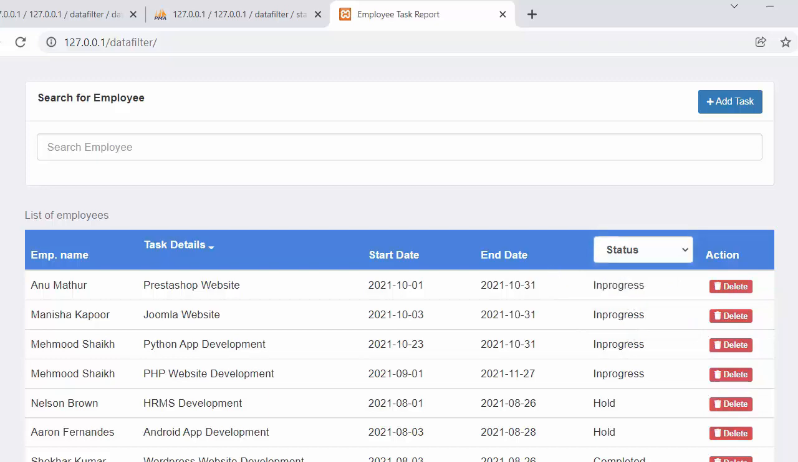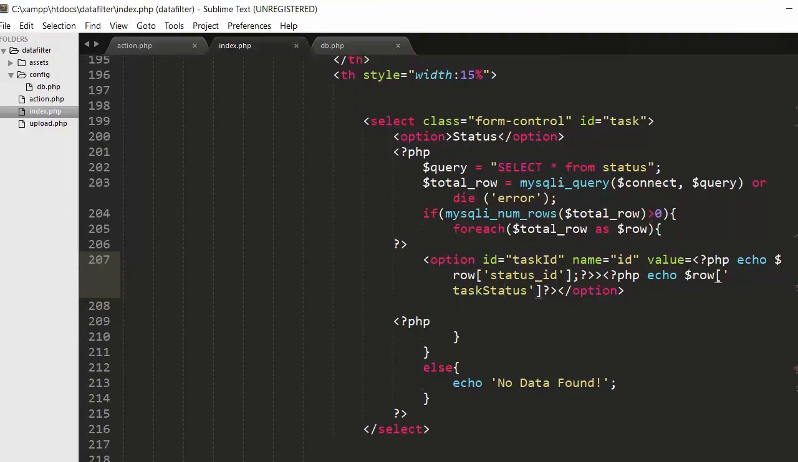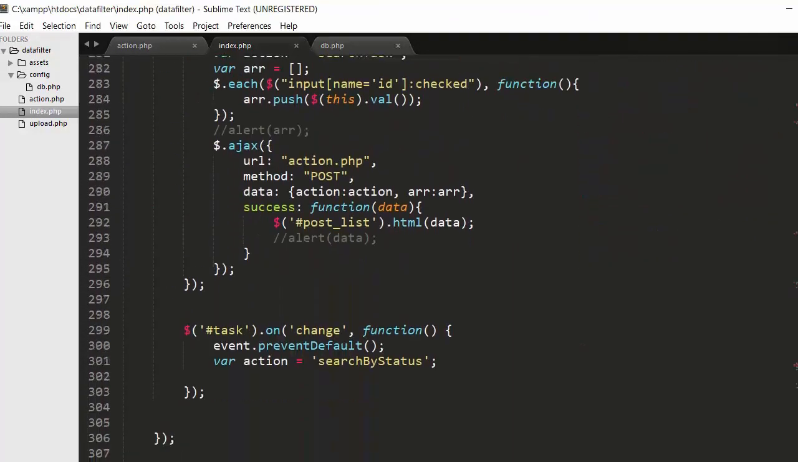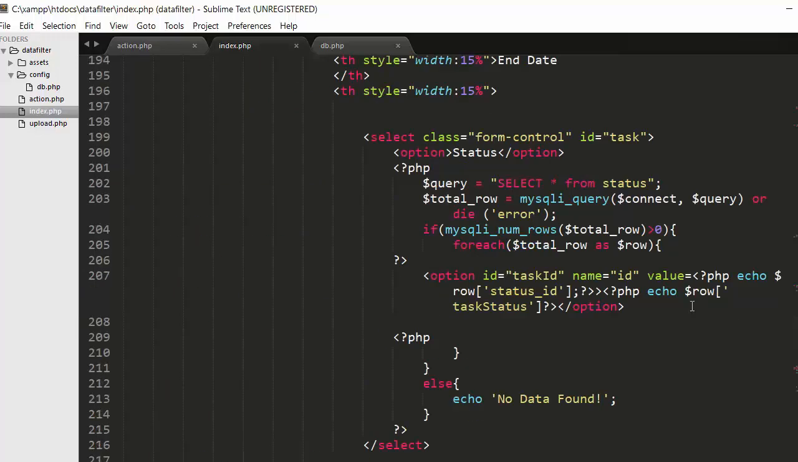Now let me just come to our index file, and then we will come to the end here. You can see I have triggered an on change event by passing an ID of task. This task is the ID which I have given to this select drop down, as you can clearly see here, ID equals task. The same ID I'm using in my